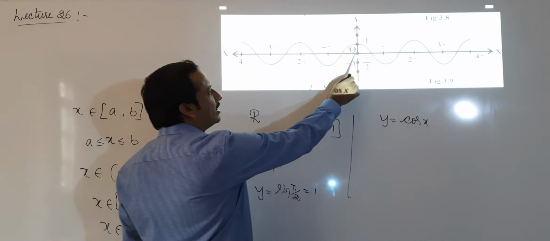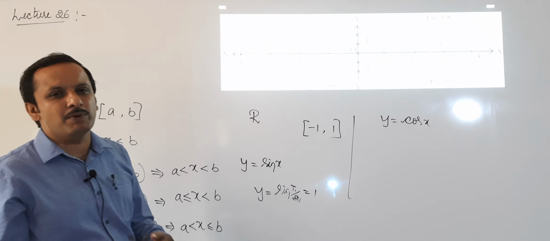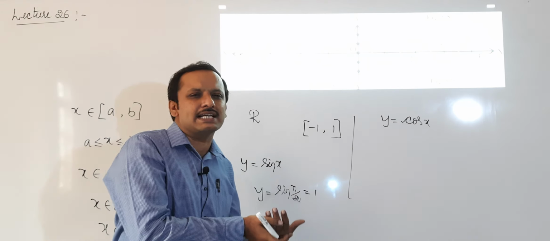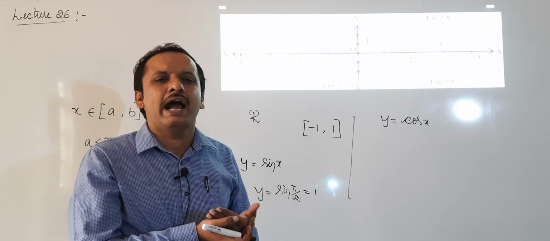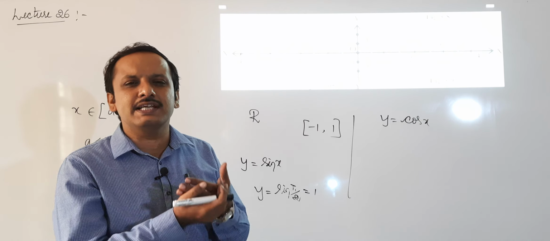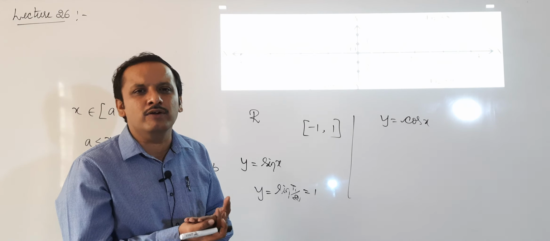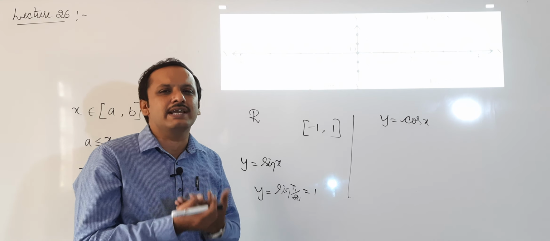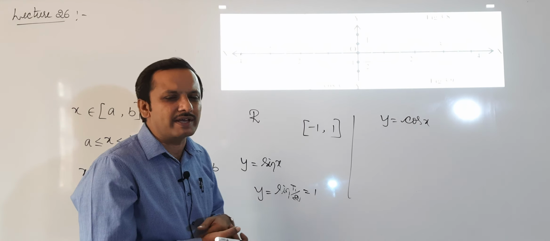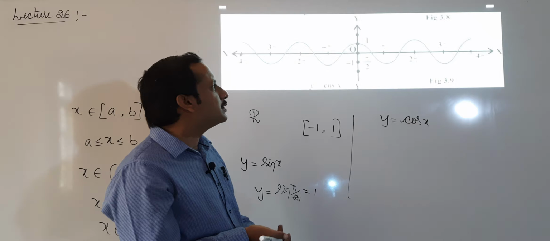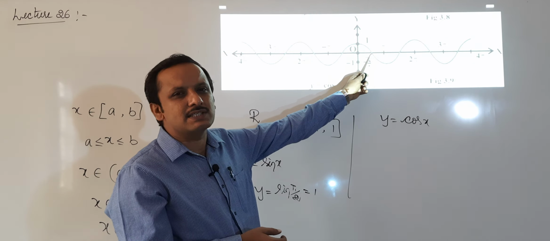From 0 to pi by 2, the graph of cos x lies above the x-axis. Whenever the graph lies above the x-axis, the value is positive, and when it lies below the x-axis, the value of that function is negative. When it lies on the x-axis, that means it is 0. On the x-axis, y is equal to 0. Any point on the x-axis has y coordinate 0. You know that, right? So from 0 to pi by 2, the graph lies above the x-axis, so cos x is